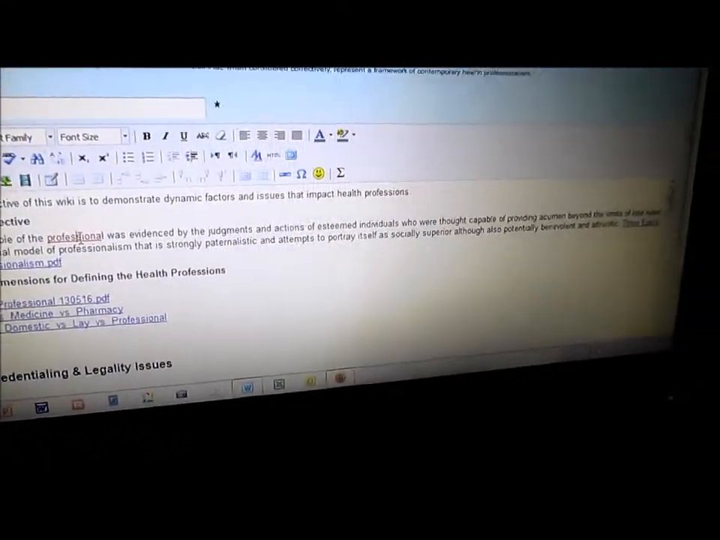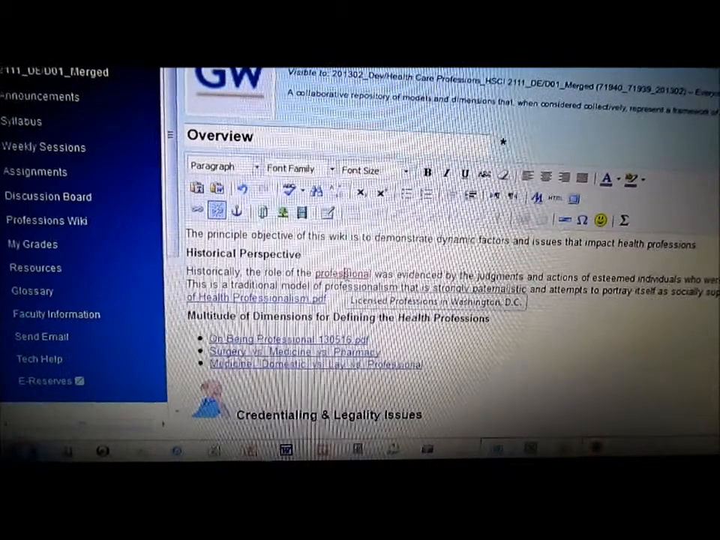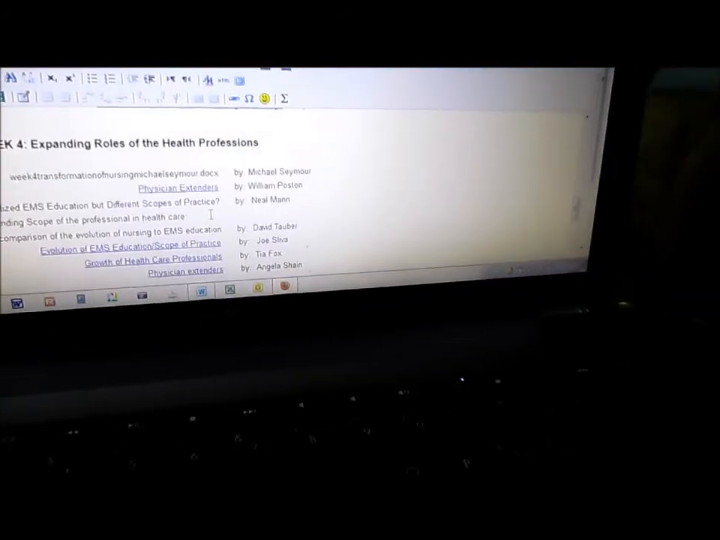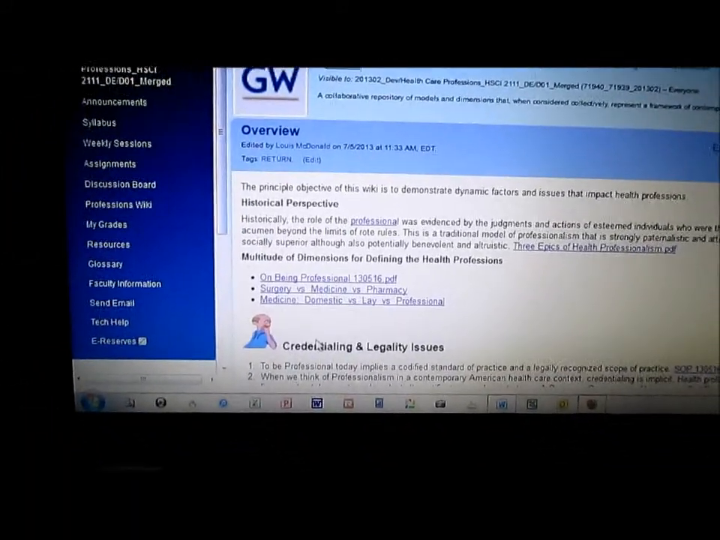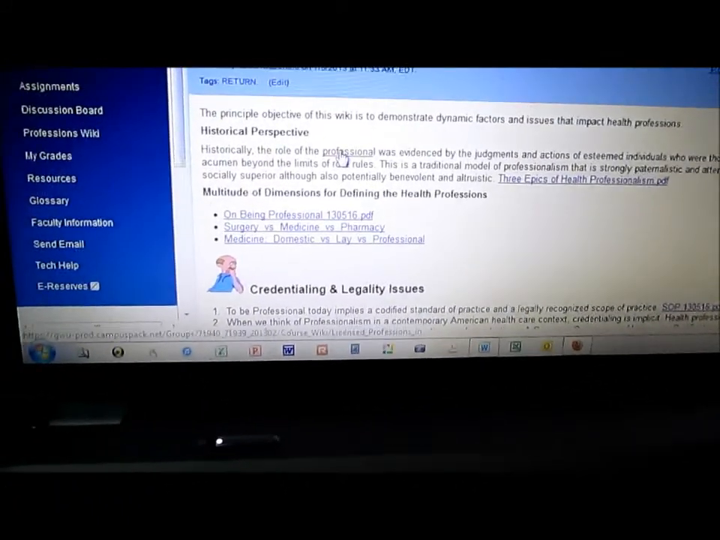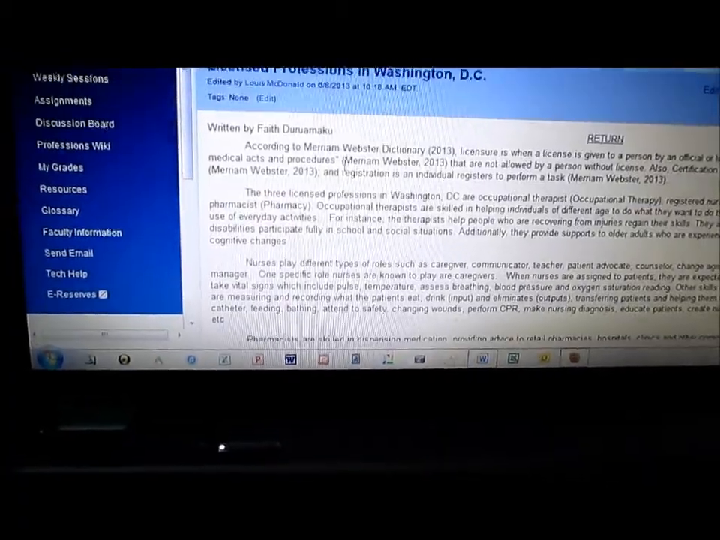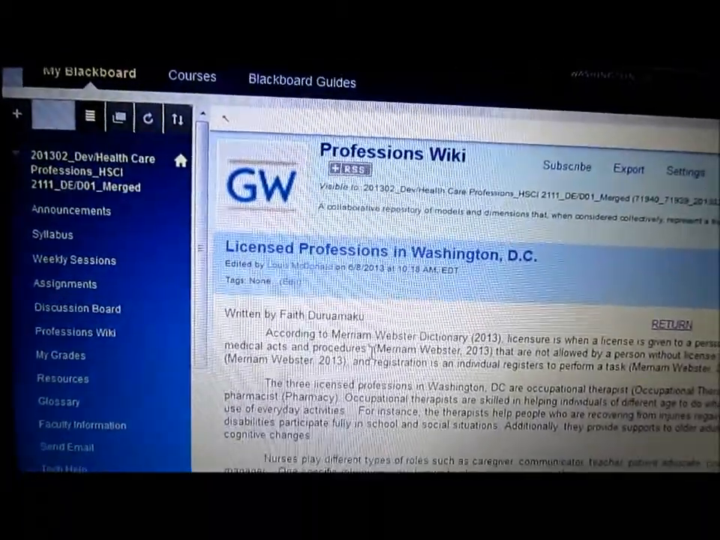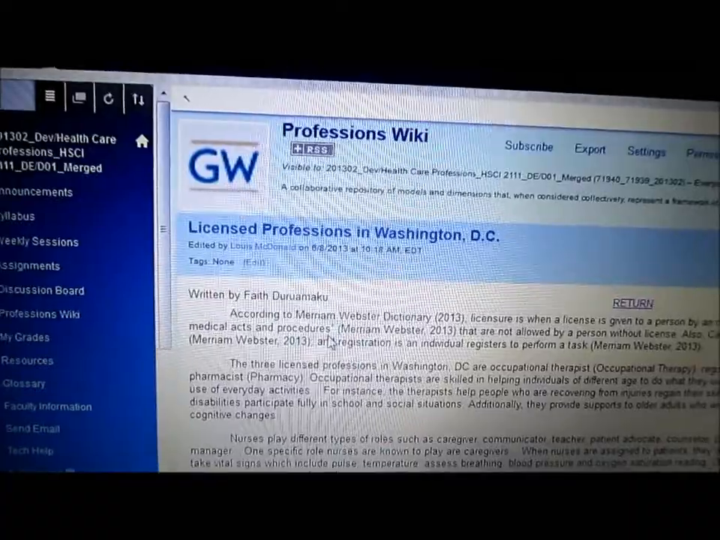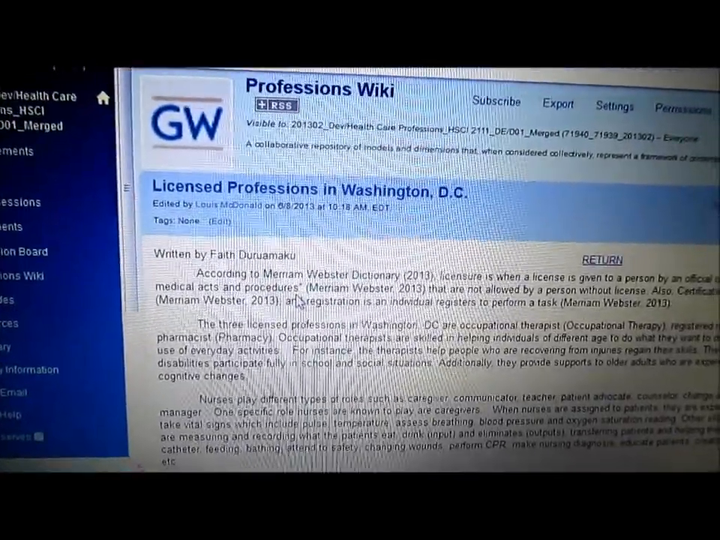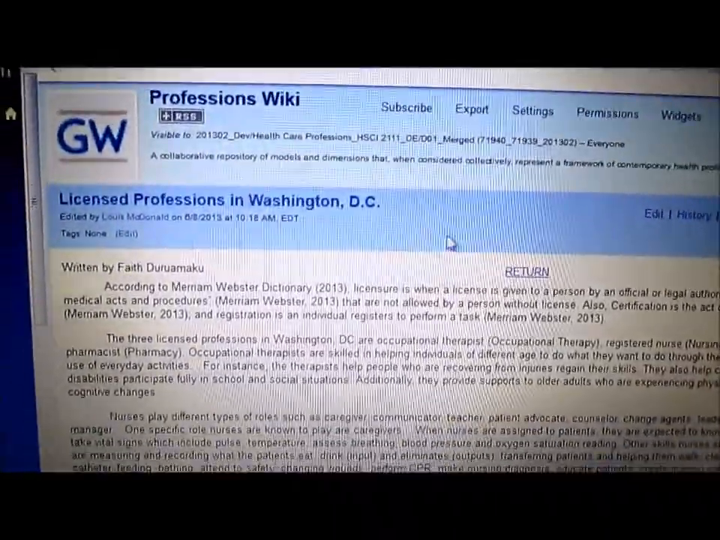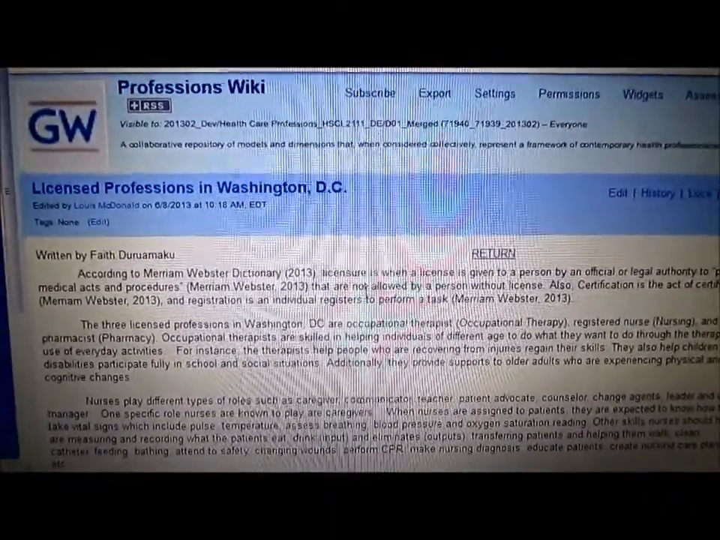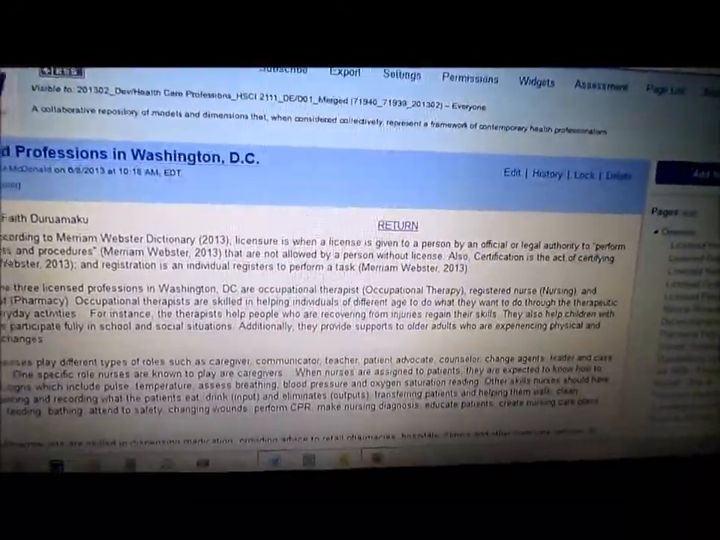Oops, oh, there you go. I guess you have to save the page for the link to work. Save and exit. Okay, so now I go in and I click on that professional, and it takes me to licensed professions in Washington, D.C. Now, you'll notice throughout the pages that are added to the wiki, you'll see the word return,